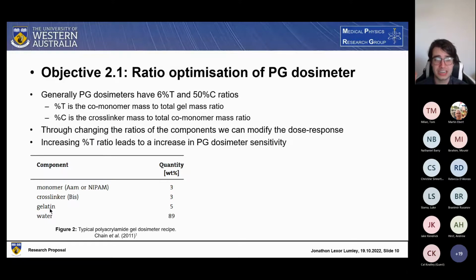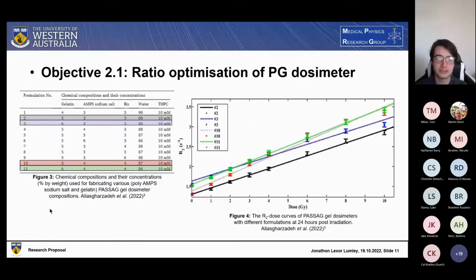Through research, it has been found that if we change the components and the ratios, we can modify the gel response of the dosimeter. For example, an increase in the %T ratio has led to an increase in polymer gel sensitivity. If we look at figures 3 and 4, we will see the AMPS salt, which is the monomer of the PAG dosimeter, along with the cross-linker bis,